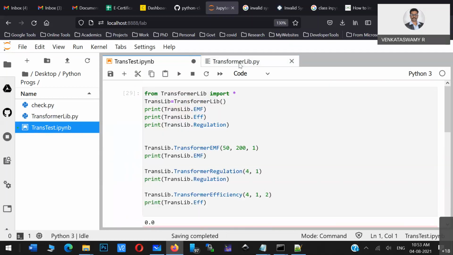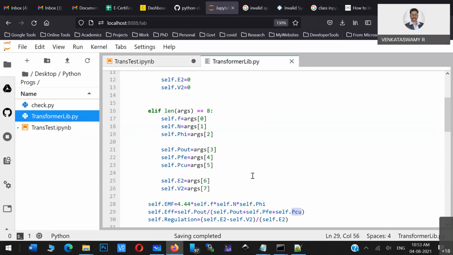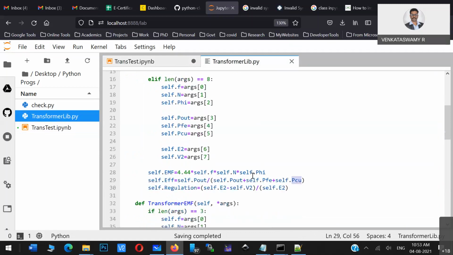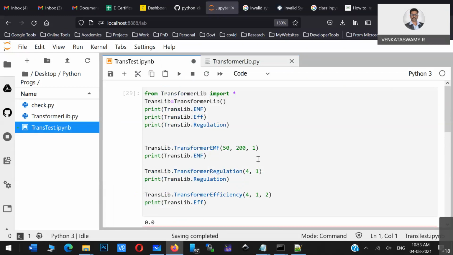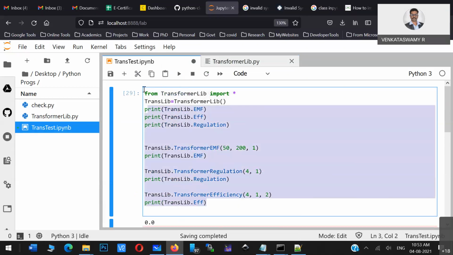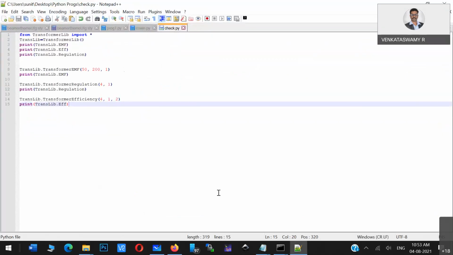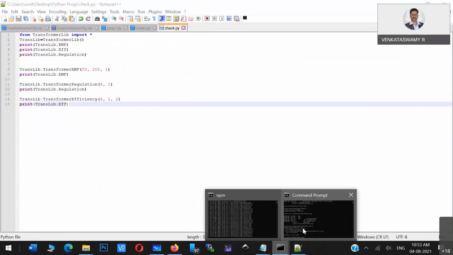In the constructor itself, this is not solved. Another IDE, yeah, so I'll just try. I mean, plain code I'll try to run.